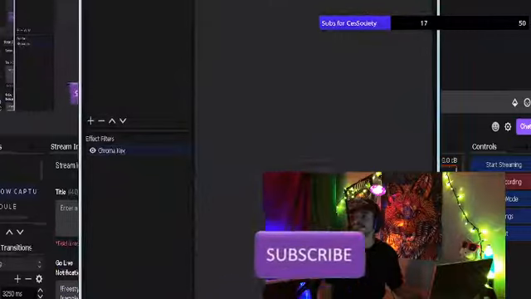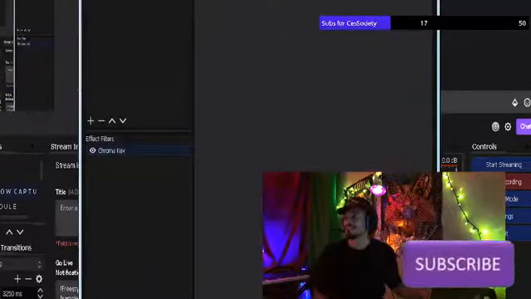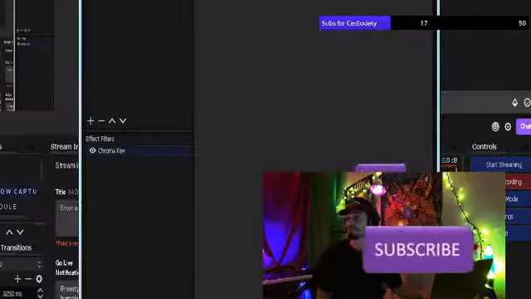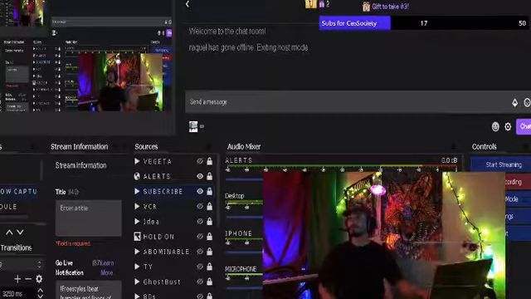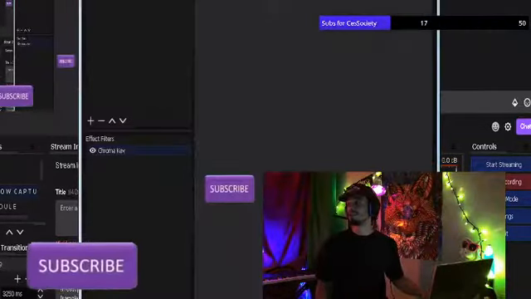Like I showed you on the last video, go up there and you can see, but without the chroma key, it's just a green screen with that same transition or effect. So just put on the chroma key, which is under filters, and then